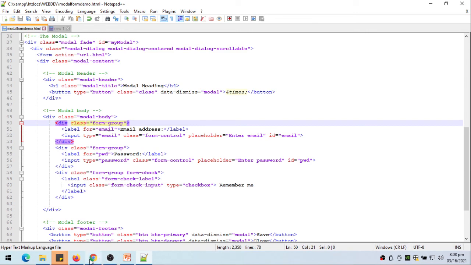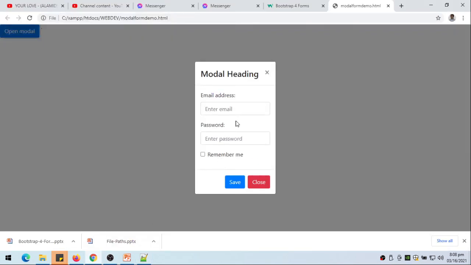So that's the appearance of our form. Of course, we can change the size of our modal dialog. You can view our modal video. So that's an example. So we have here the text box. We have the password. So for type password, of course, the characters will be hidden, and then we can have our checkbox. So that's our form. Okay, so thank you for